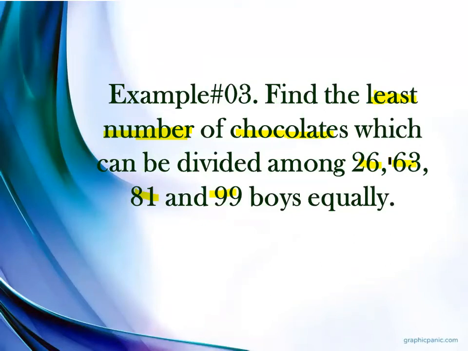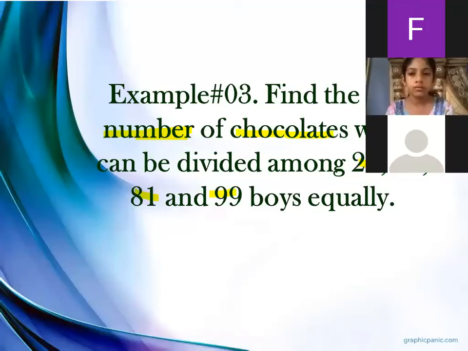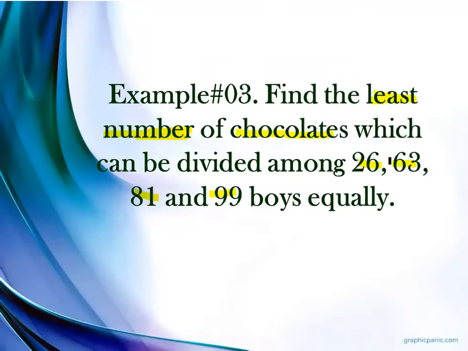Again, my students, you have to watch my previous lecture because I have explained in great detail how many methods of LCM there are. Just like GCD, we have three methods. Number one is by forming a set of multiples. Number two is by the factorization method. And the last one is the division method. Just like GCD, we will here move on to method number 3, that is LCM by division method. So here you have to solve this example by using the division method to find out the LCM.